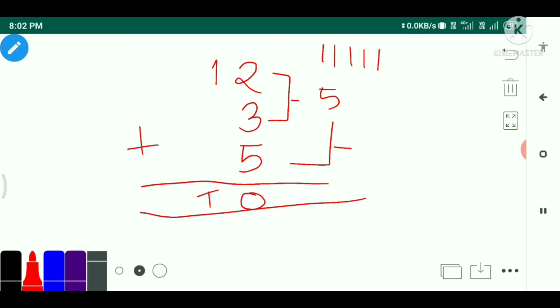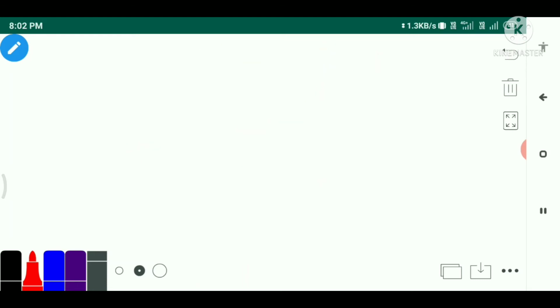So 5 plus 5, how much we will get? 10, right? So here you can give 0, and now where you will put 1, because we can't put 2 digits in ones place, we have to put only 1 digit. So 1 will go there. So again we'll add this one with this one, 1 plus 1, it will become what? 2. So our answer will be what? 20. Okay, remember, first of all we'll add ones place value, then tens place, and then hundreds place.